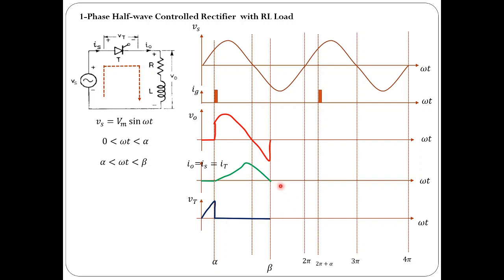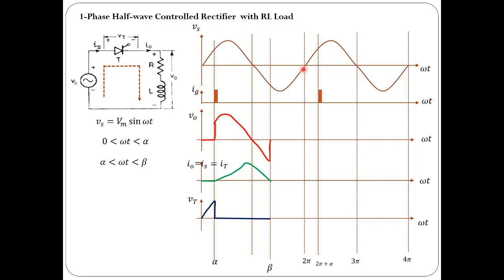Once the current through the load becomes 0, the load voltage would fall to 0. If the load voltage is falling to 0, then the source voltage would appear across the thyristor, which is negative. It is already negative, right? Due to this negative voltage, the thyristor would be in reverse bias. So the current already becomes 0, and we are applying reverse voltage across the thyristor, so the thyristor would be driven into the off state during this period.